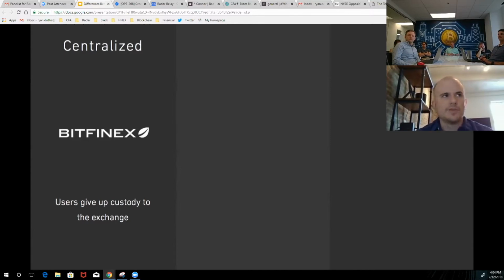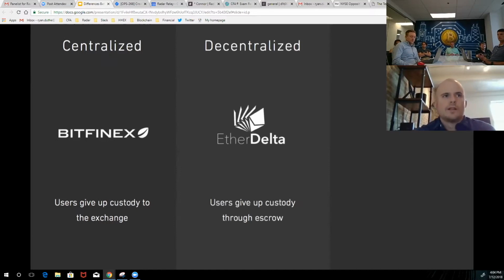So, that's not the world that we play in and not something that we really see ourselves competing with at the moment. If you look more, the original decentralized exchanges were stuff like Ether Delta and IDEX. I don't know if you guys can raise a show of hands if anyone's ever used any of those before. Okay, cool. So you guys have a little familiarity. That was sort of the first step in the right direction, but as you guys can probably attest to, it's a little clunky,